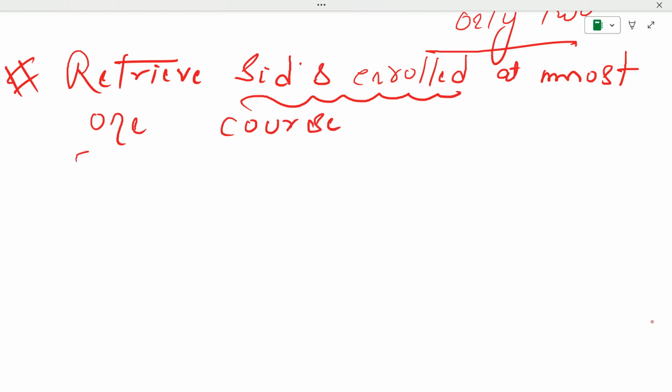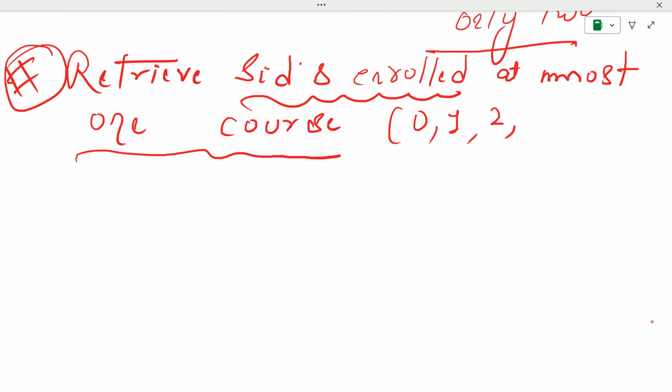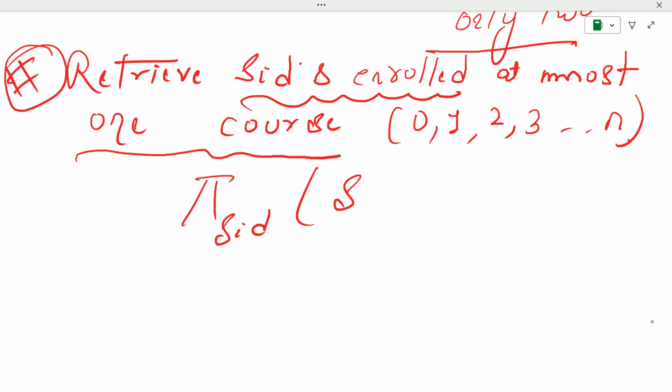So in this case, if we want to retrieve the SIDs which have enrolled in at most one course, so here we can have a 0, 1, 2, 3, and so on up to n. So in this case what we will see that if we need to retrieve SIDs which have enrolled in at most one course, then we can simply write the SIDs from student. So this student SID, it might be enrolled in the enroll class